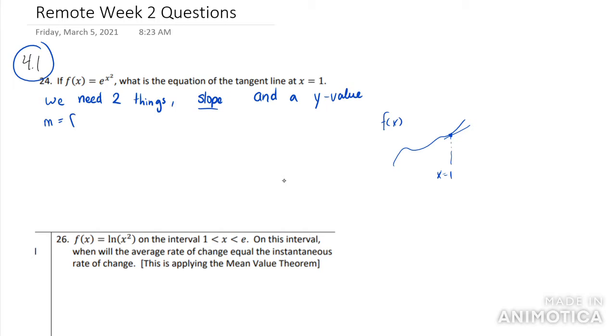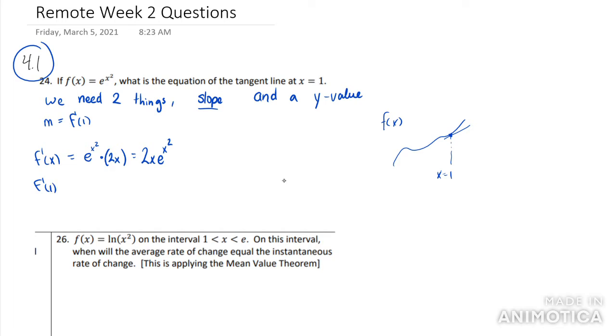slope is equal to f prime at that value. So we're evaluating our derivative at x equals 1. I like to split this up, so I real quickly find f prime of x. In this case, I have an exponential function. If you remember, I leave the function alone, and if it was just e to the x, it would just be e to the x, but in this case I have x squared. So I have a chain rule here, so I'm going to multiply it by 2x. So my f prime of x is going to be equal to 2x e to the x squared. And then I want to evaluate at x equals 1, so f prime of 1,